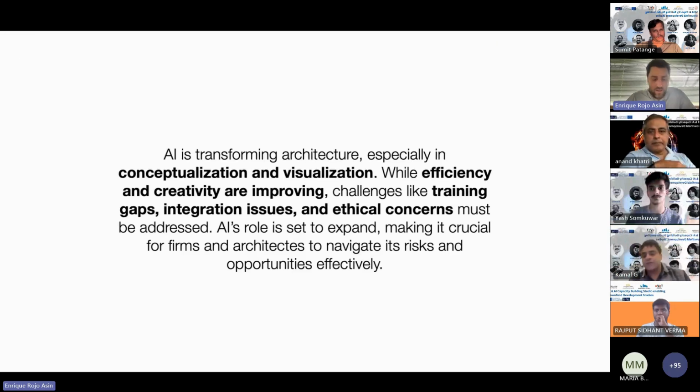So why do I think it's really important? Because these new tools are transforming the conceptualization and visualization of architecture. As architects, we try to produce these beautiful images, not only to have confidence ourselves in our project, but also to sell it to clients or to do some competitions.